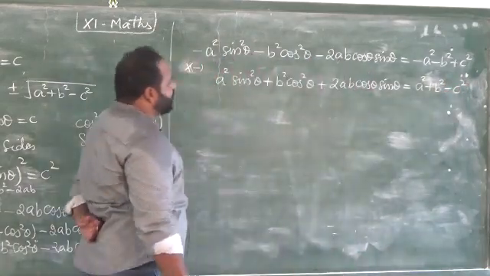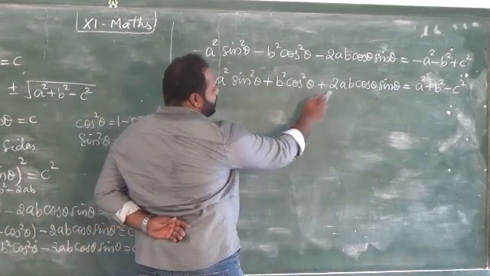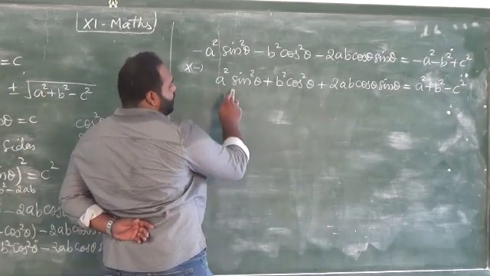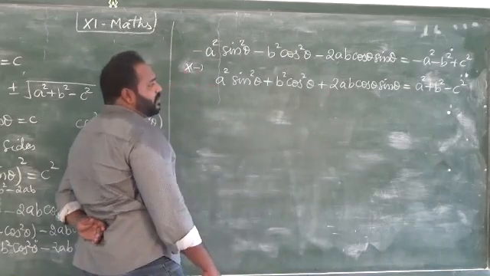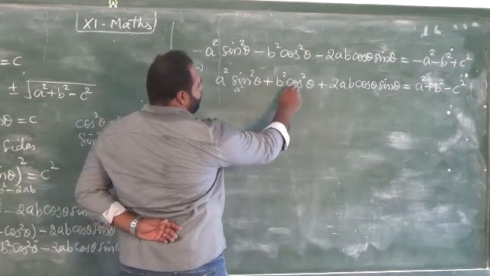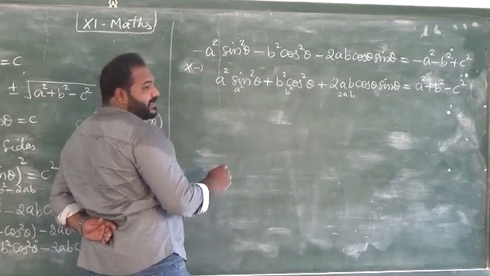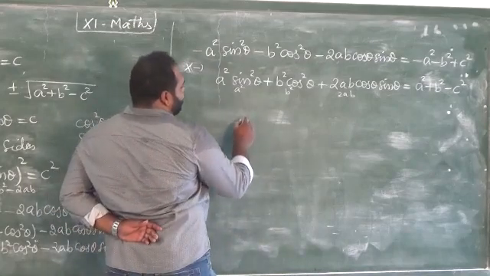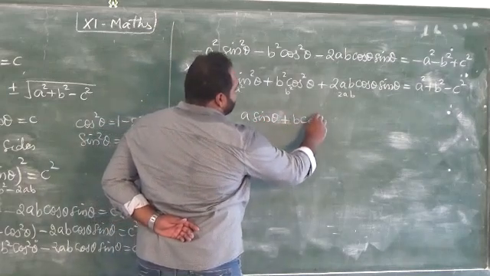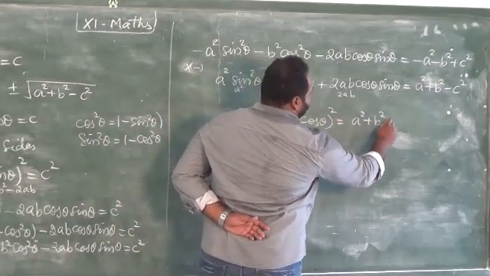So now look at that. After that, look at this step. This is in the form of A square plus B square plus 2AB, no? So can I simplify this left hand side? What is the formula for that? The (A plus B) whole square formula. Here it is A, it is B: A square, B square plus 2AB expansion. The left hand side is (A plus B) whole square. So A sin theta plus B cos theta whole square equals A square plus B square minus C square.